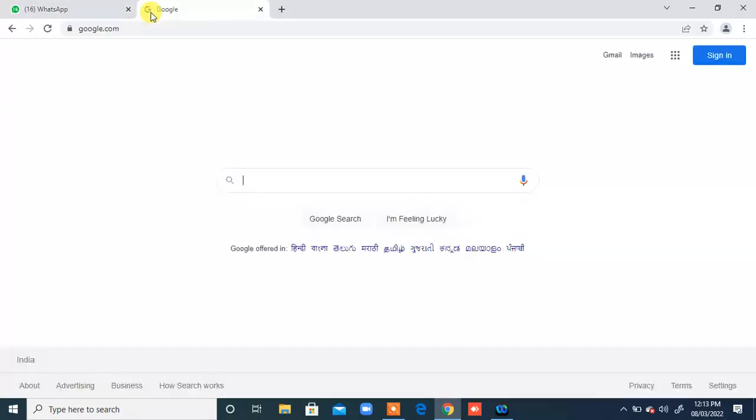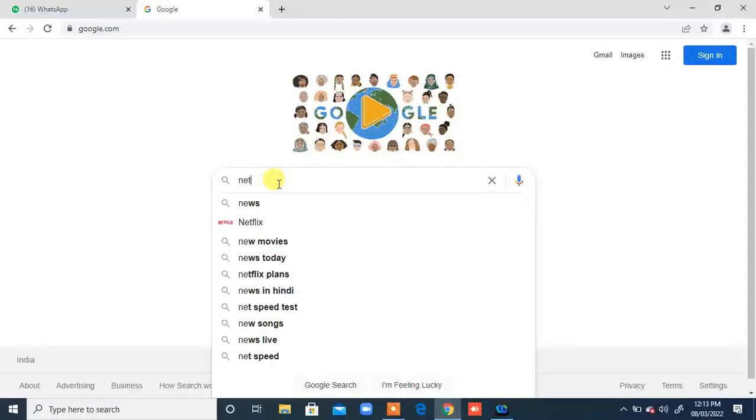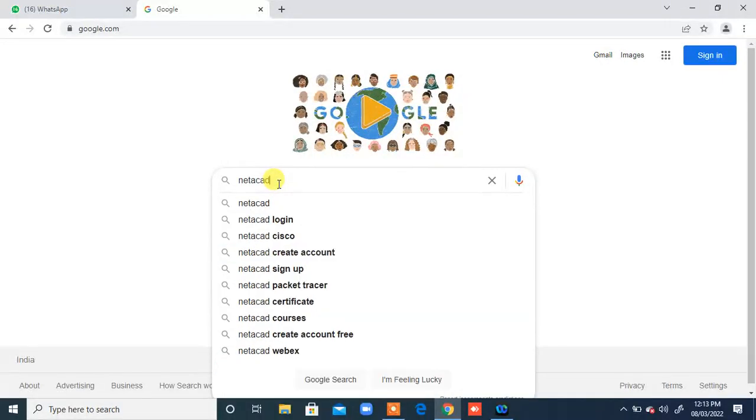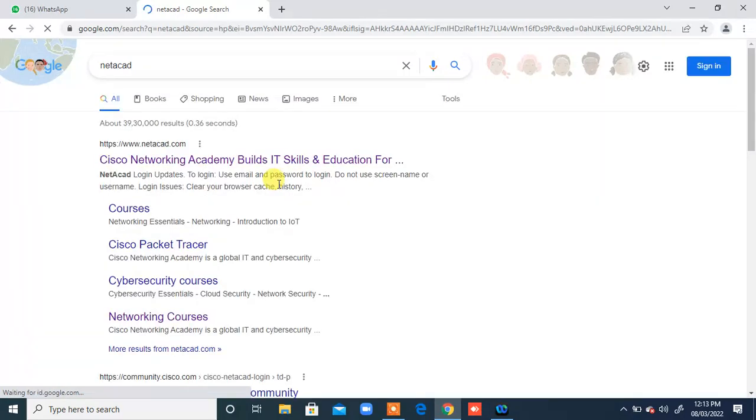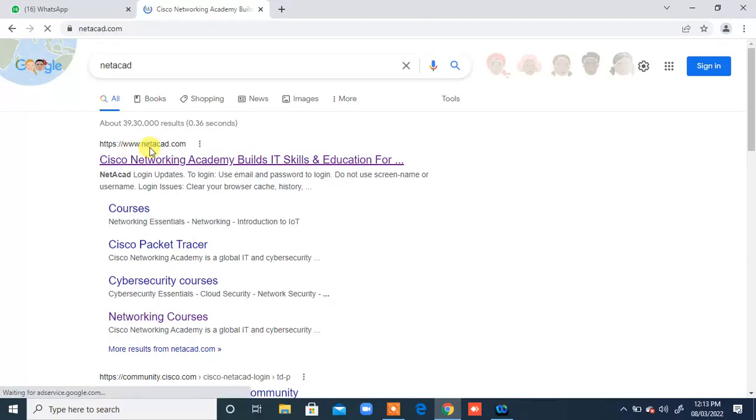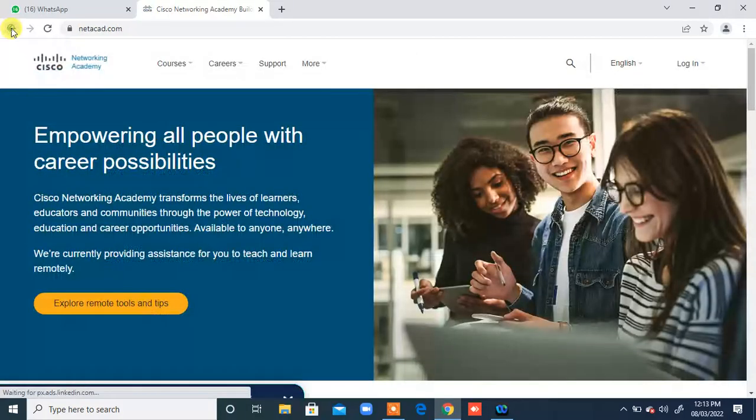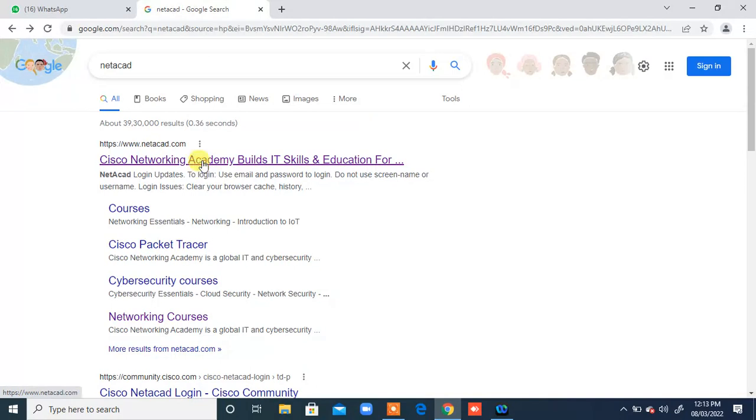and there on Google you just need to type NetAcad, right? NetAcad stands for Cisco Networking Academy. So let me just hit enter. Once you type NetAcad in your Google, you will be getting this link, https://www.netacad.com, right? So I'm just going to open this website,